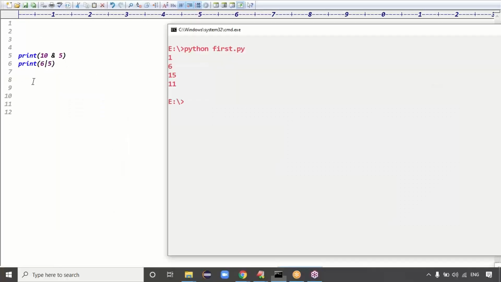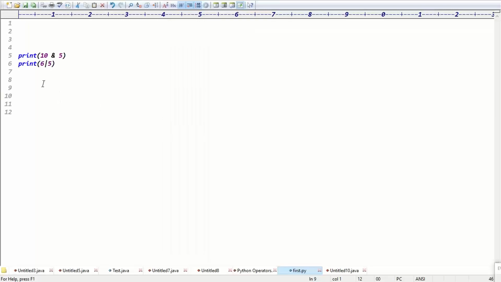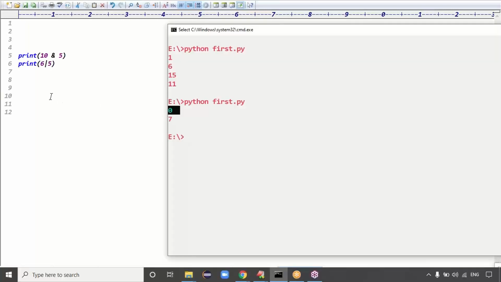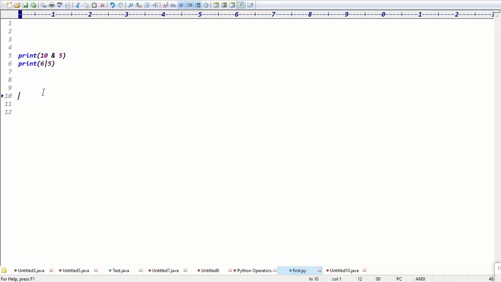Priya, you are saying a different answer, and the other guys are saying different answers. First you got 0, for Priya 10 AND 5 we get 1. Oh, Priya, both are wrong. It's 0 and 7. Second one is 7, sir. First one we get 1. What is the first one? 10 means what value? 1010. 5 means what? 0101. Then here all are zeros only, right? Because AND means all are zeros only. Okay, fine, guys. That's the value, guys.